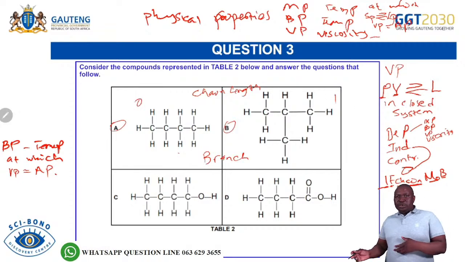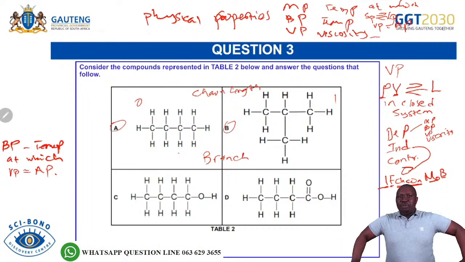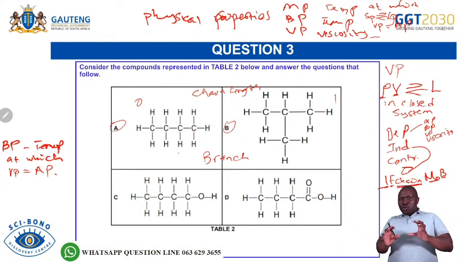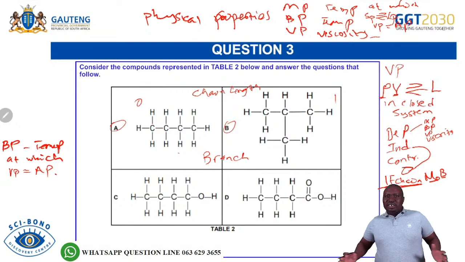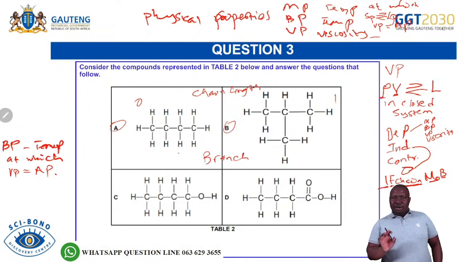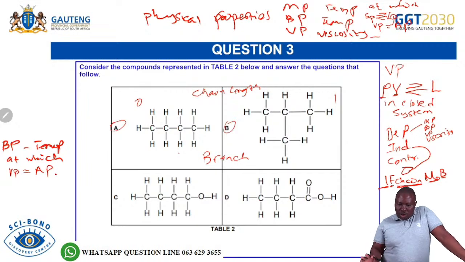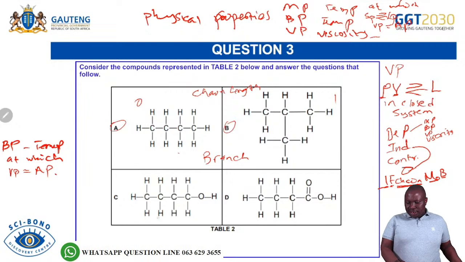So when you compare organic molecules, you must be able to see what is the same about them and what is different. And what is the same on all of them? They are all hydrocarbons. They are made up of hydrogens and carbons only. So the first 2 you can see. But if you go to number C, you are able to see that this is an alcohol, and it has 4 carbons.